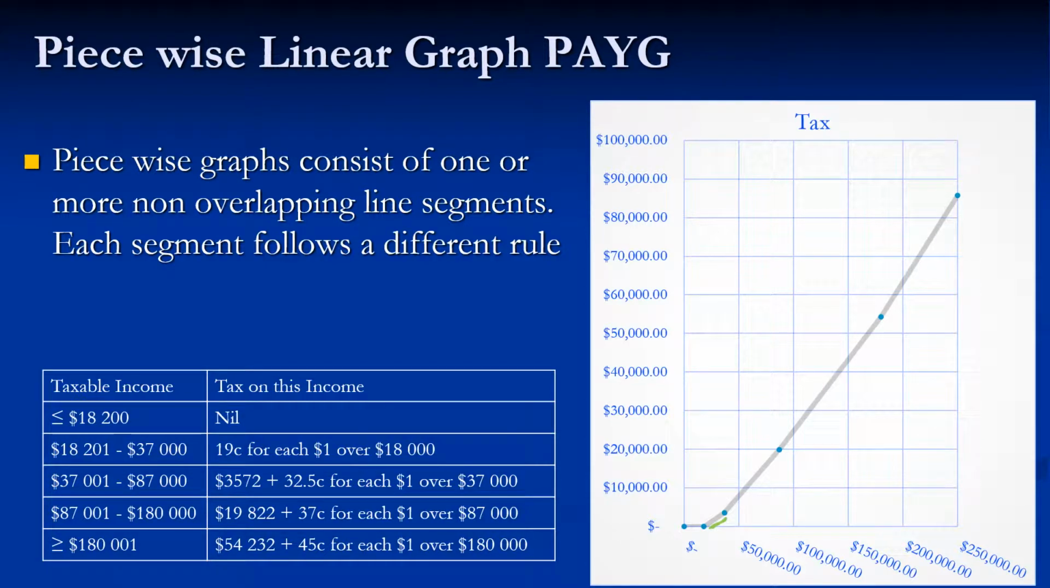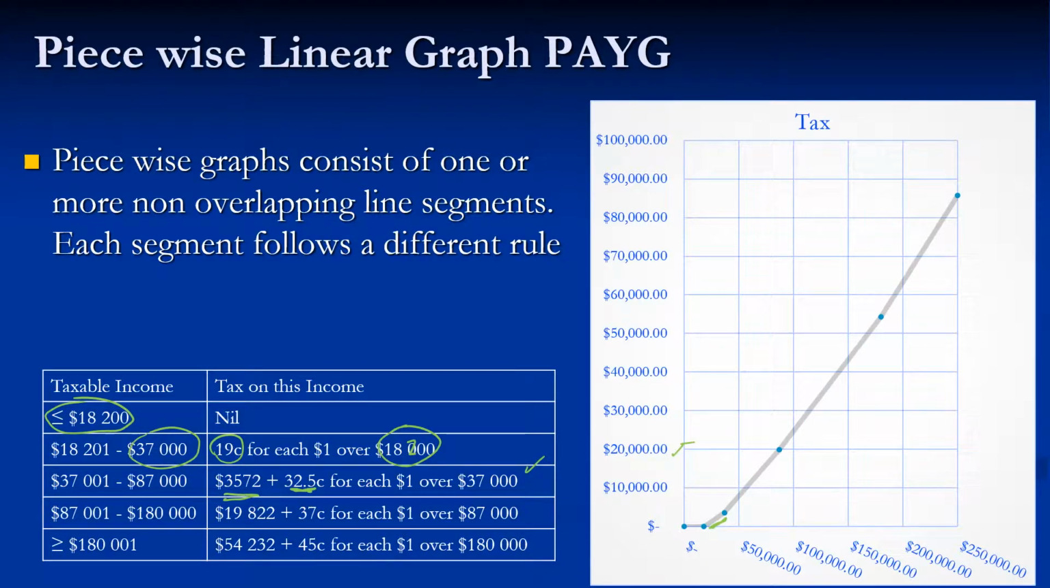And so it's a bit flatter than, for example, the next one, which has got a gradient of 0.325 or 32.5%. So the second tax bracket, or the third tax bracket if you're going to include the non-taxable bracket, is $3,572 plus that 32.5% for each dollar over $37,000. Now this makes sense, because 19 cents of $37,000 minus that tax-free threshold of $18,200, sorry, will give you